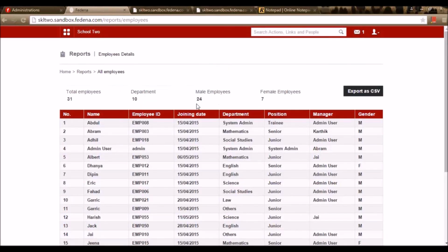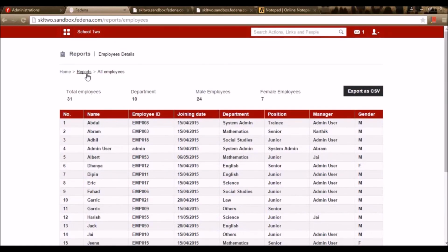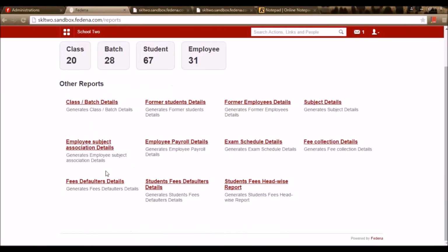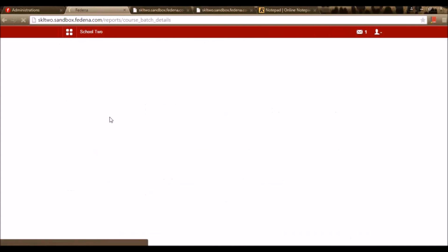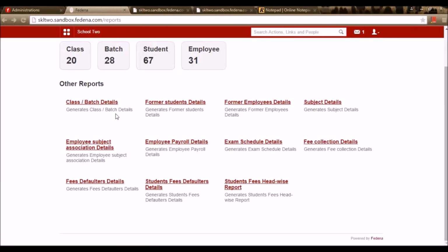Similarly, the employee report can be viewed here. The list of employees, the employee ID, the department, position and manager are displayed here. So the reporting manager names can be seen here, and the gender as well. There are certain other reports available, say class batch detail. When I go for class batch detail, I can view the class and batch detail.